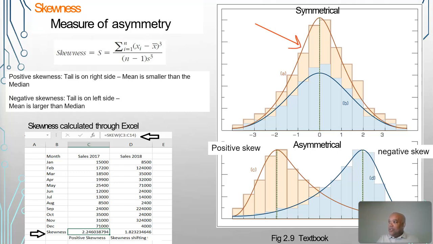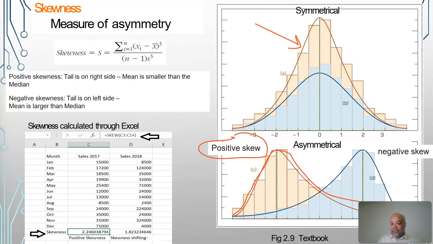In other words, there's no skew right here. It's perfectly symmetrical. But when a distribution is positively skewed, then the tail extends to the right. It has a right tail, right? It's asymmetric, and it has a right tail. You see the right tail going all the way down there.